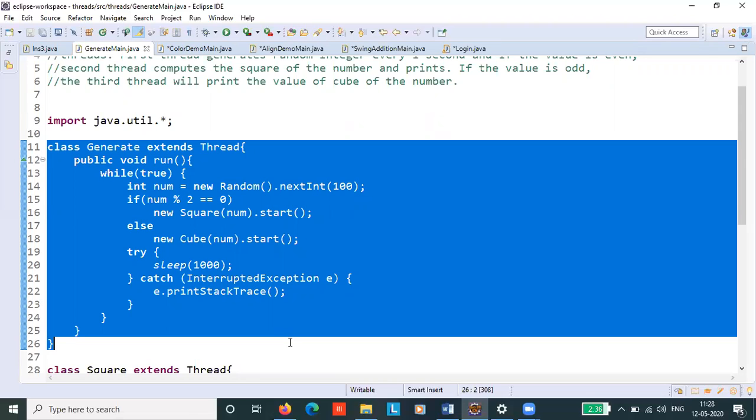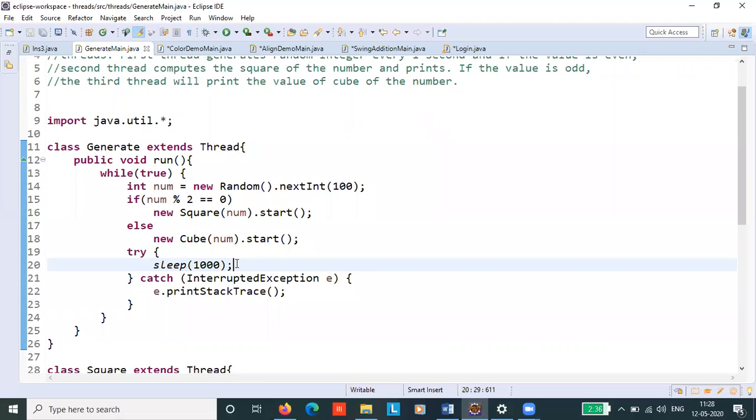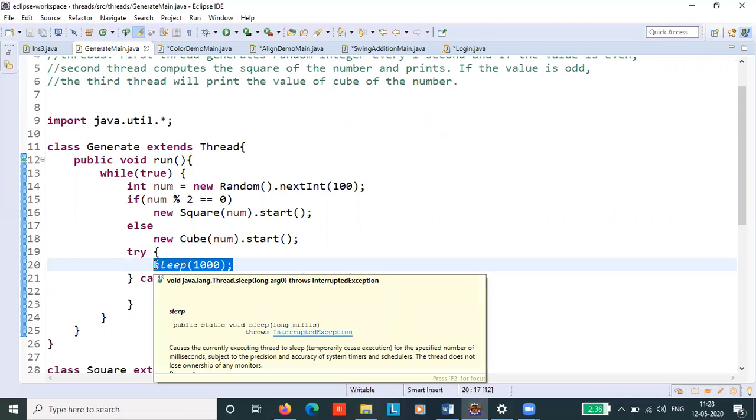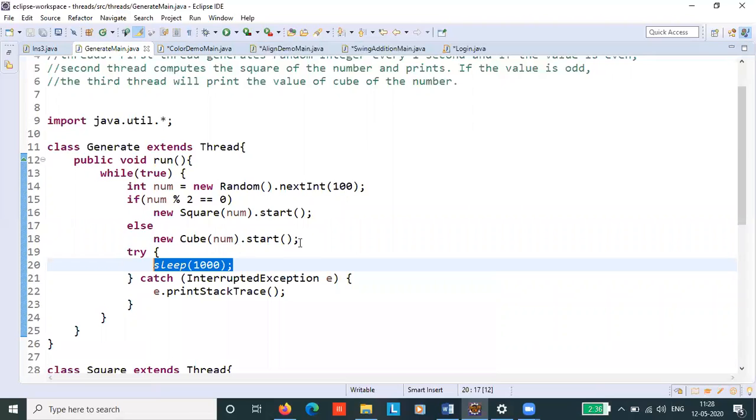Plus, this operation should take place every second. Correct? So for that reason, we are giving this sleep call here. We are using the sleep method, which is in terms of milliseconds. So 1000 milliseconds is your 1 second. That is the reason we are using it here according to the problem statement.